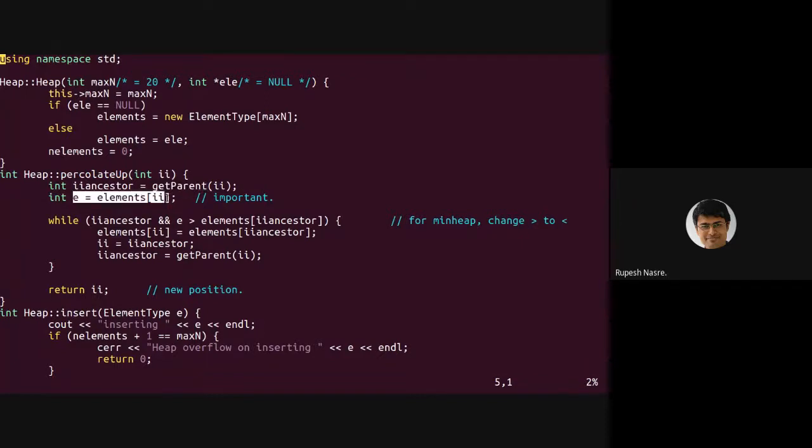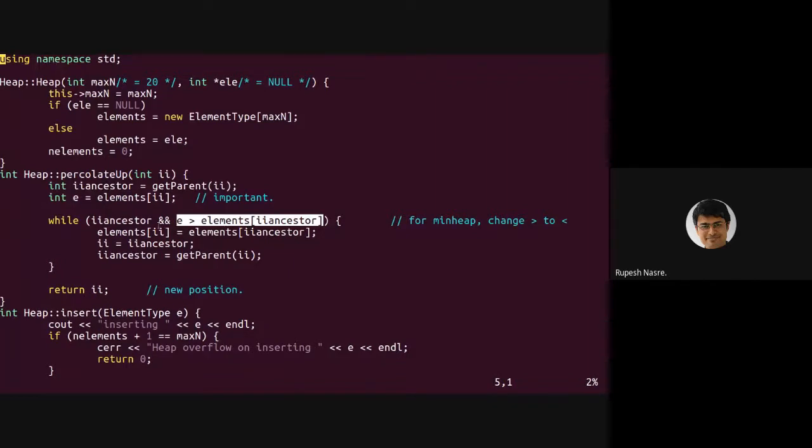We look at the element at i, and then we also look at the element at the ancestor. Where is that i ancestor's element? Yeah, elements of i ancestor is okay. So we are anyway percolating it up. We just check if that E is greater than the elements of the i ancestor. So if the ancestor is smaller than the element, then we have to replace it. Otherwise, if you have found out that the i ancestor, that is the parent, is larger than the current element, then that is satisfying the max heap property and you can come out of this loop.